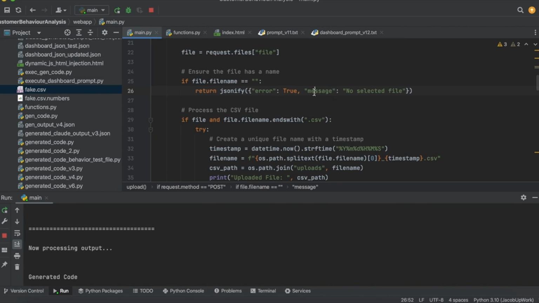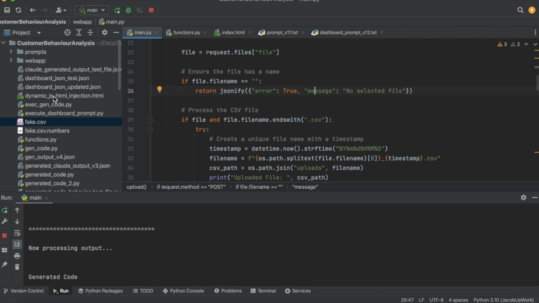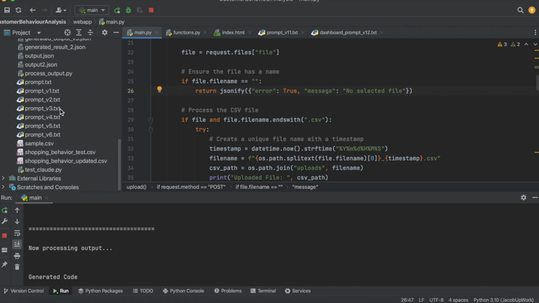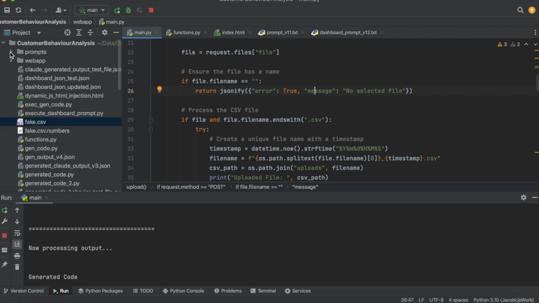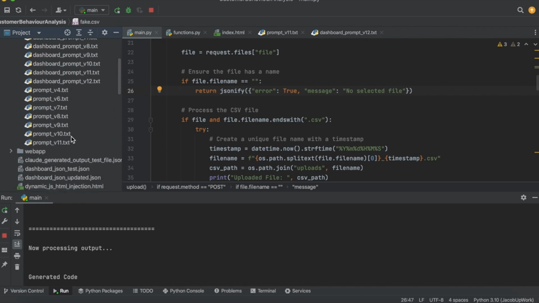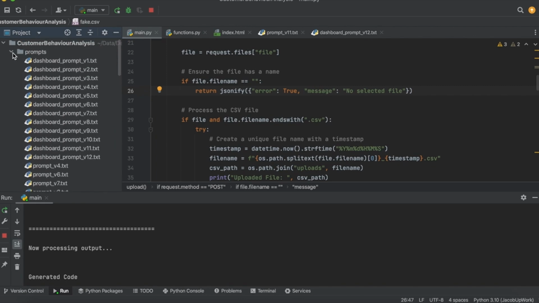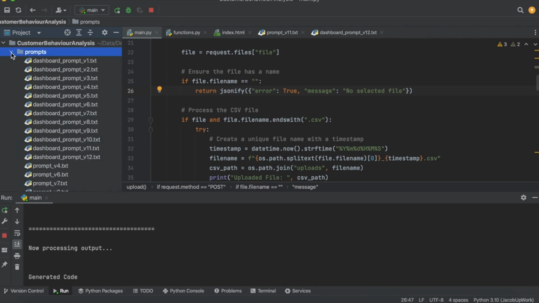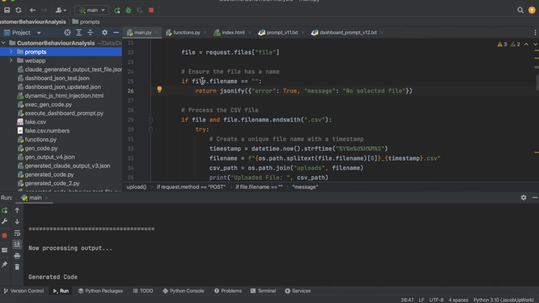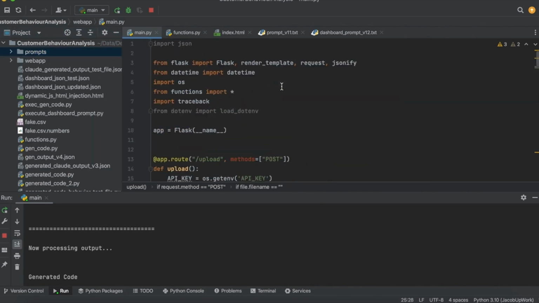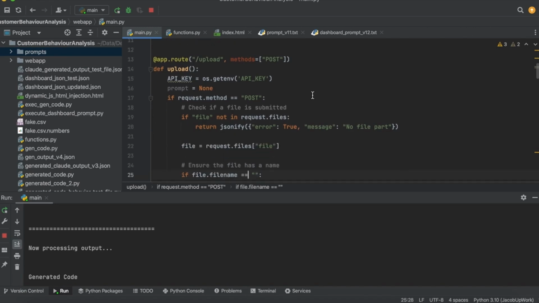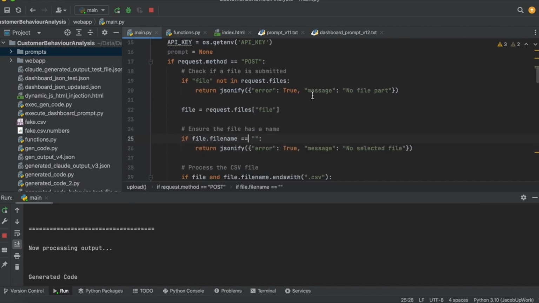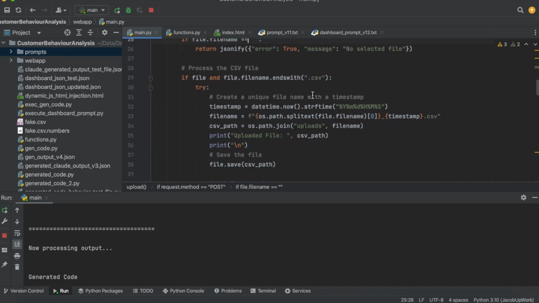As you can see here, there are so many prompts, so many variations of prompts. When I upload this on GitHub, I will make sure that I upload all these prompts so that you can get the idea of how it was built. So this is the main Flask file. Actually, it's a Flask project. It uploads the file, and once it gets uploaded,